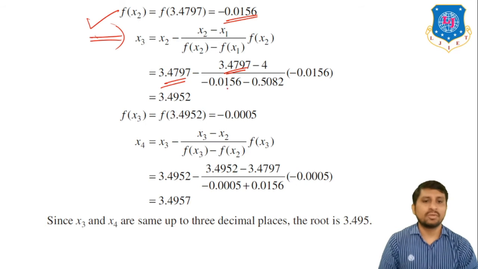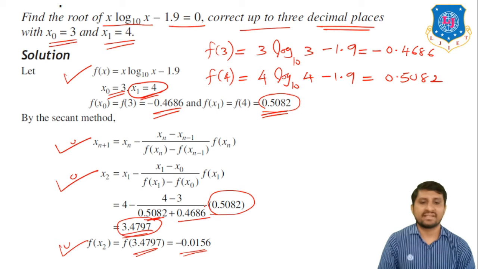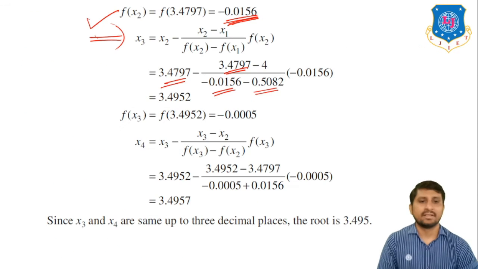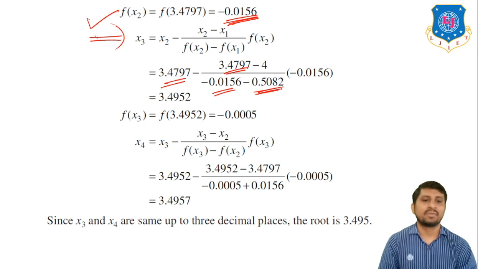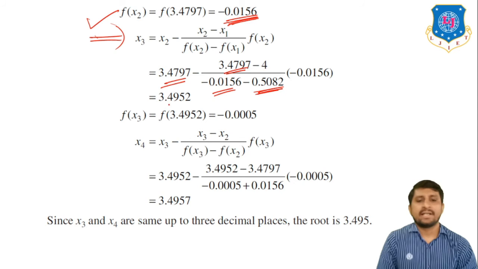So minus 4. This is the value of f of x2. Here, and this is f of x1. Okay, f of x1 is here. You can see that f of x1 is 0.5082. Right. So put all these values f of x2, f of x1, x2, x1, and calculate this